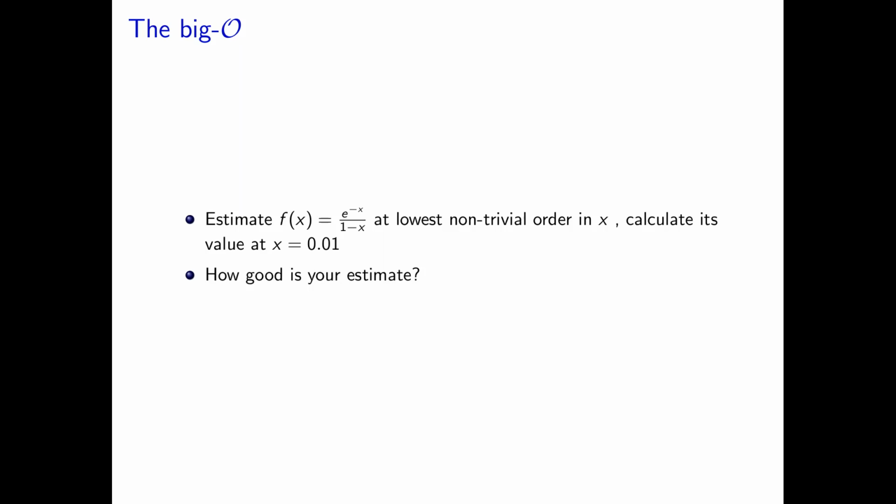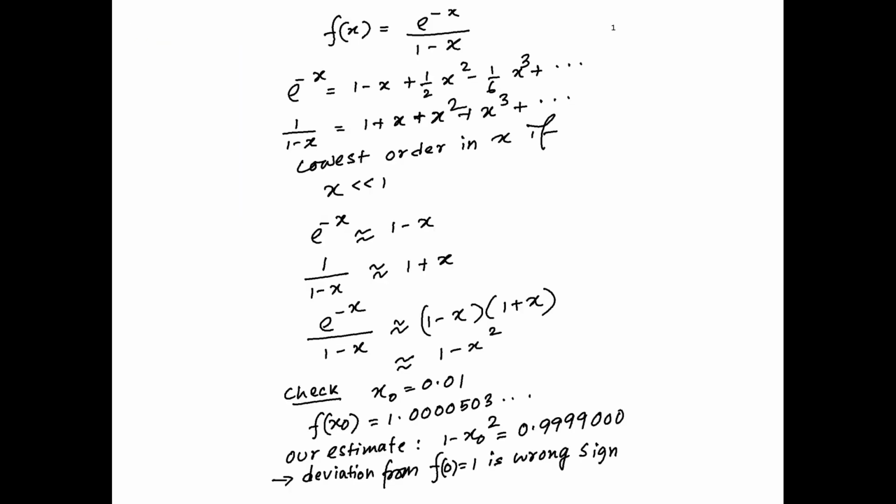Expand the series, do a series expansion of e to the power minus x and 1 by 1 minus x. You combine that and write down a series expansion of the function f(x), plug in the value of x equal to 0.01 in your expansion, calculate the result and compare it with the actual value of f(x), which you can compute by simply plugging in x equal to 0.01 into the exact form of the function, and then see how good is your estimate. So, here is the solution.